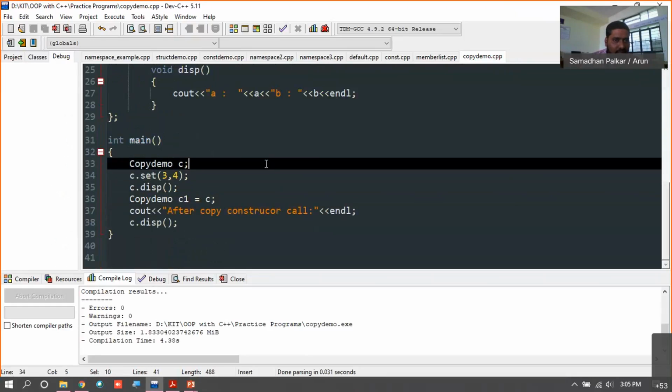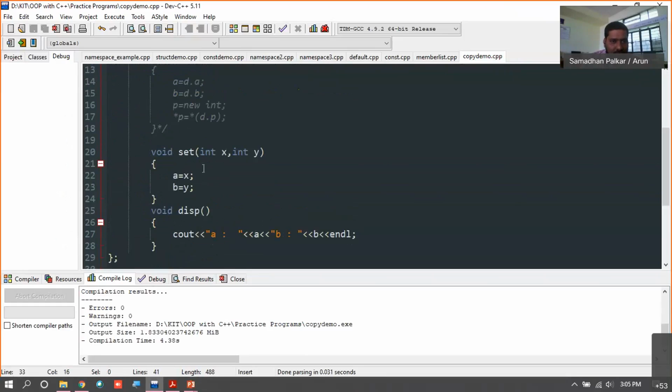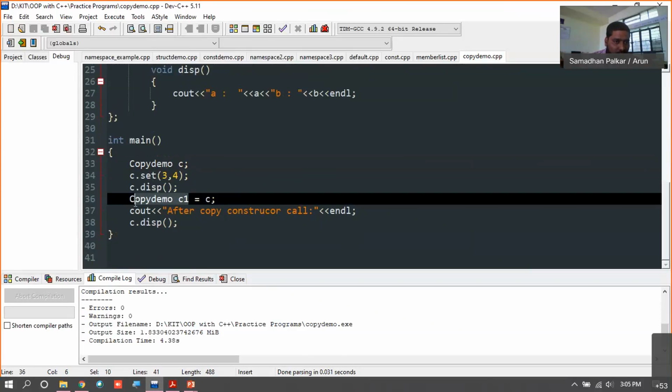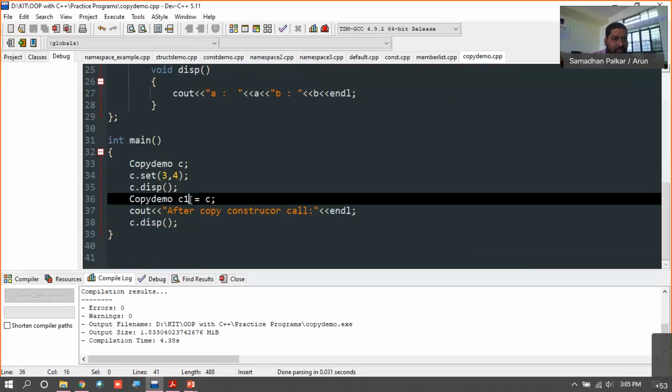Now, what is there in C? C is an object which holds only two values, that is A and B, and those values are set by the set function, and we are going to display those using the display function. Now, this object C is going to be set and then displayed. Now, this is another object called C1. We are creating C1 and directly assigning the already created object, that is C, to C1, right?